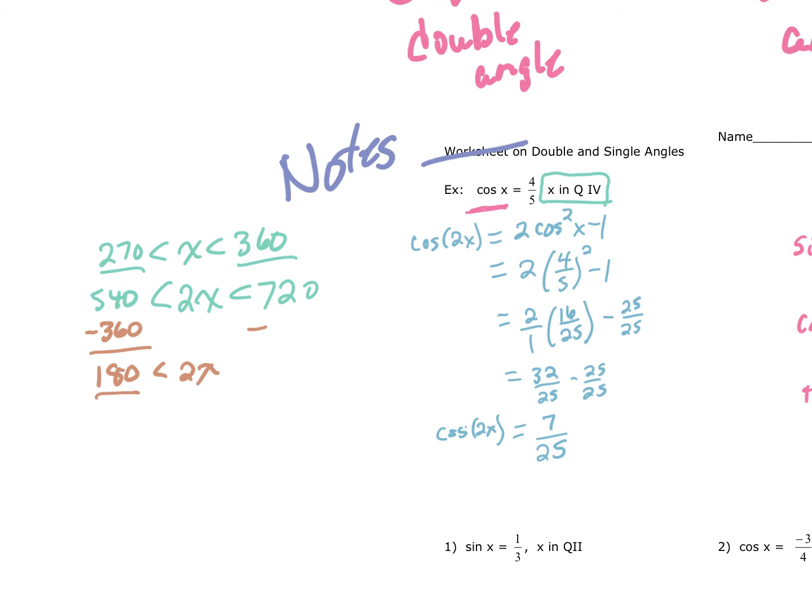720, right? Let me do that in a different color. 720 degrees, think about it. That's 2 full rotations, right? So that means we're starting here at 360, and then we're going one more time, another 360, right? So coterminal angles